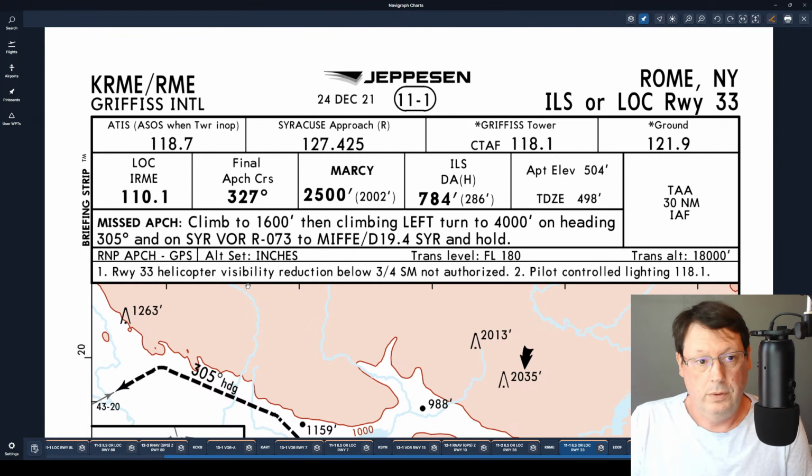So here we go. Here at the top, you have ATIS. First things first, you read an approach chart top to bottom, left to right, just like you read anything else in English, right? ATIS is your automatic terminal information service, which is your weather. And then it says ASOS when tower is inoperative. So when the tower is closed, you get a different level of weather information,